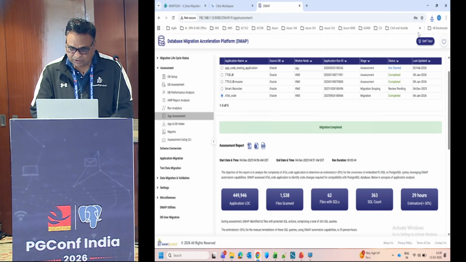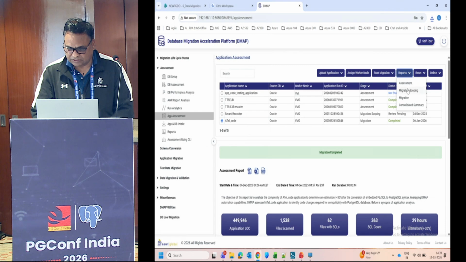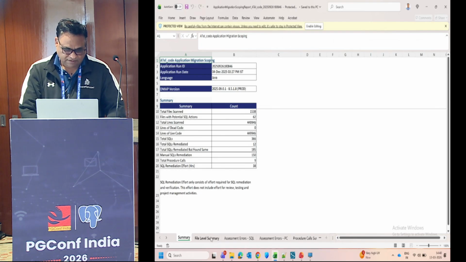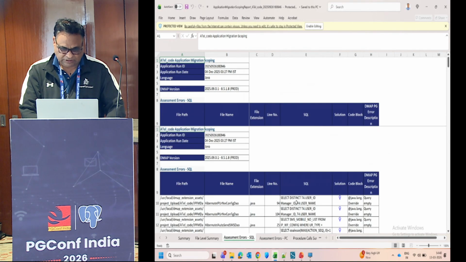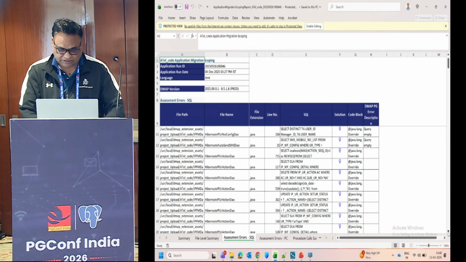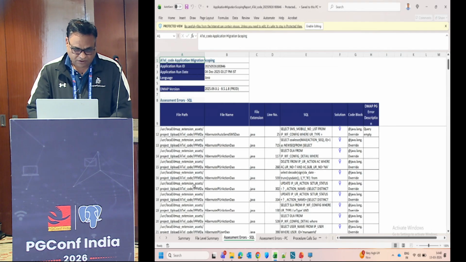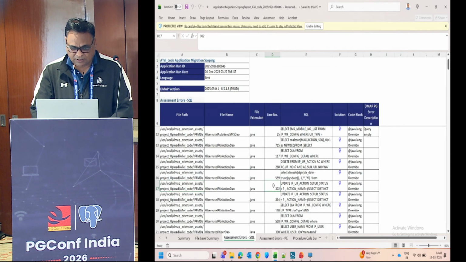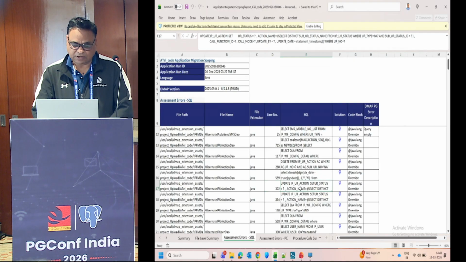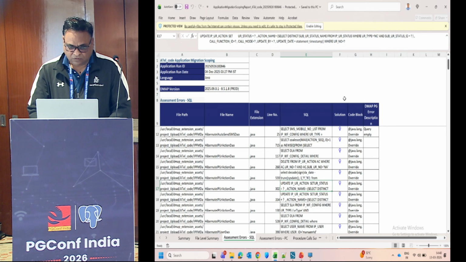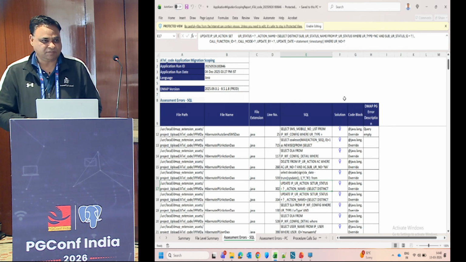And here also, if I go into the other report, which is the migration scoping report, we get the same information, a file level summary. But whatever errors came up in the assessment, where we could not convert to an equivalent, all those errors are also listed here, so that the developer can go to the individual file, the individual line number, and see that this could not be converted. Now I can go ahead and do the manual remediation on it. So this is how our tool works for both application as well as the database.